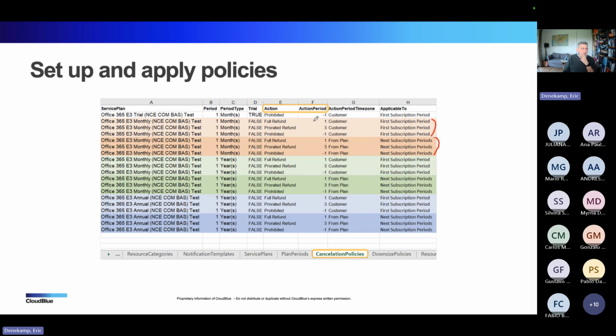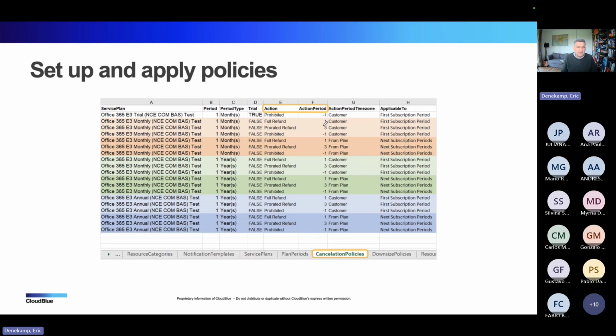And the first one is the action period is 1 day. And you would get a full refund within the first day. This one is from, let's say, our first iteration, where Microsoft even assumed that it would be a good idea to have a prorated refund only in the first 3 days. I'm glad they changed that to 7.